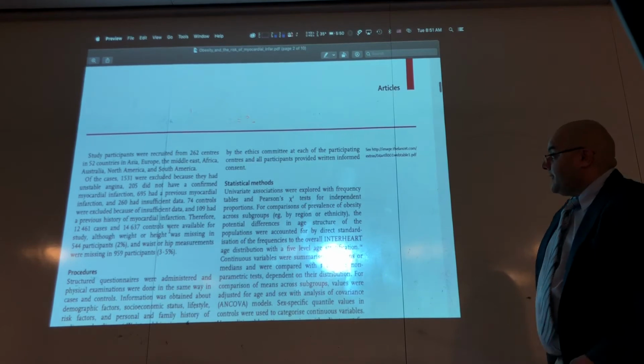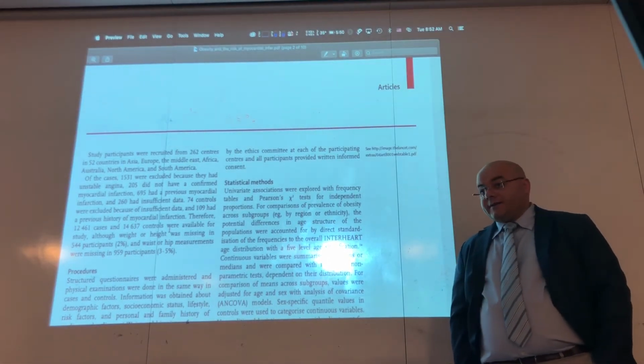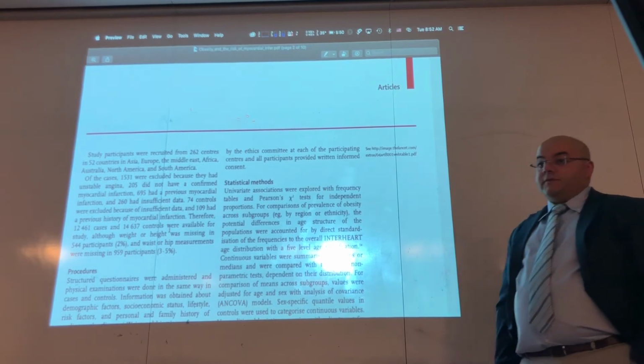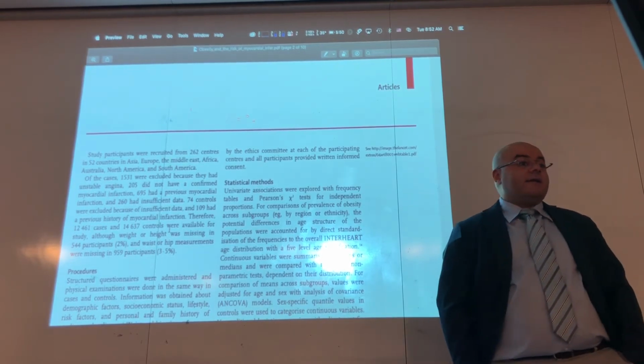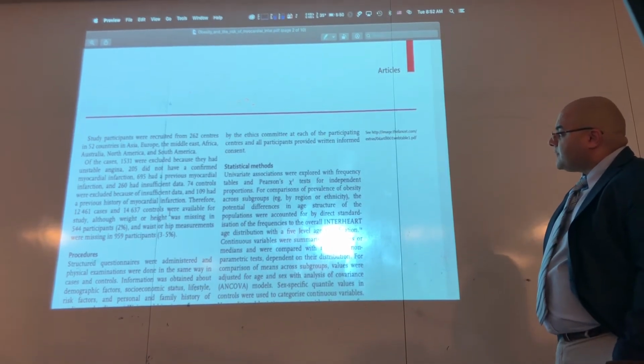Now notice the first thing. There's also an important matter in the selection of participants. There are inclusion criteria, which we talked about, and exclusion criteria. That means there are people I need to exclude, and then I need to mention that statement. So how did they exclude? Who did they exclude?